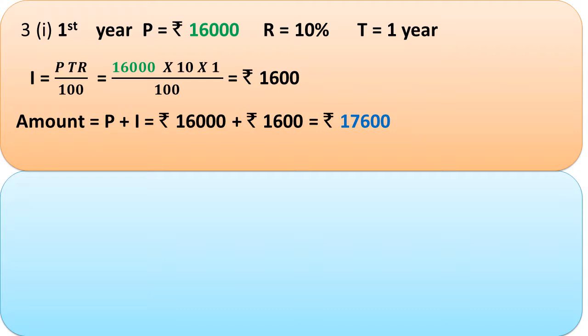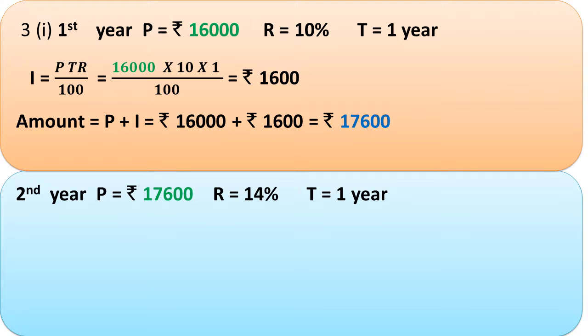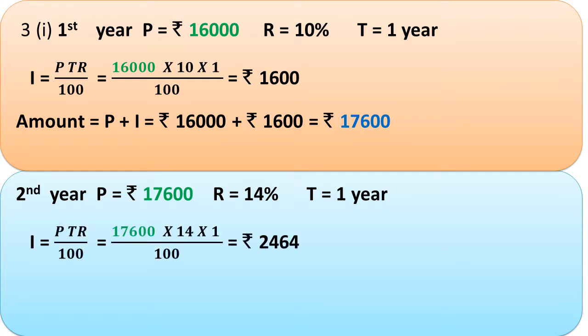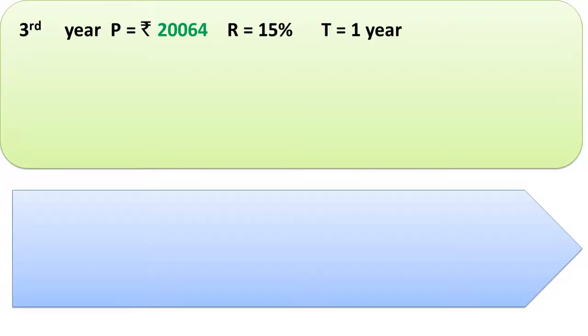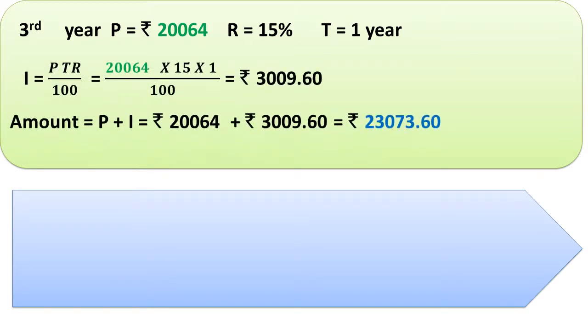This 17,600, the amount to be paid at the end of first year, will become the principal for the second year, and consider the rate of interest as 14%, and the interest will be equal to rupees 2,464. So the amount to be paid at the end of second year is rupees 20,064. This becomes the principal for the third year, and the third year rate of interest is 15%. Finally, the total amount to be paid at the end of third year is